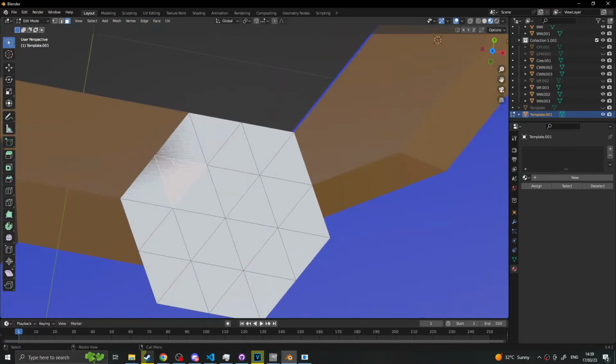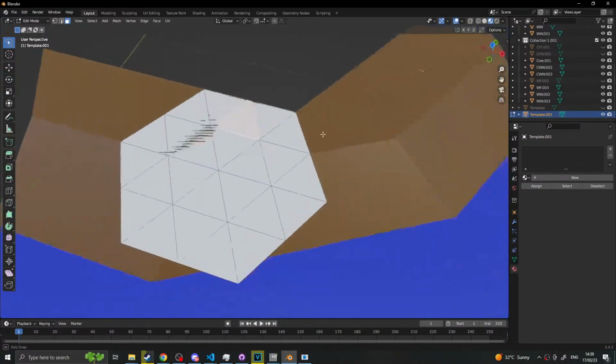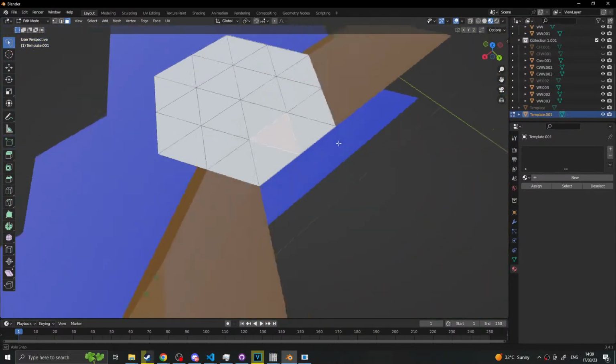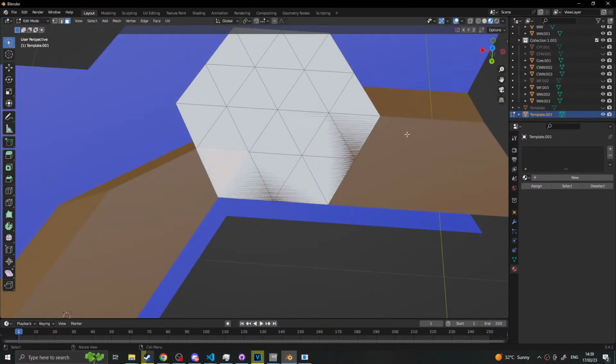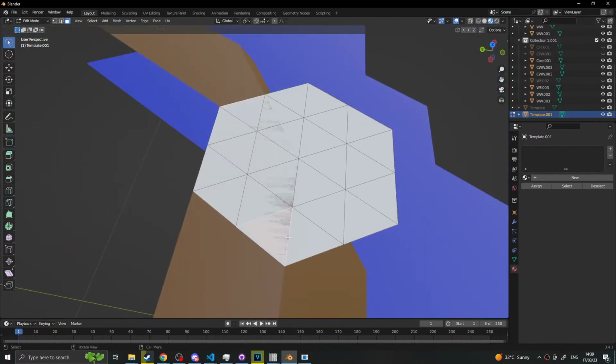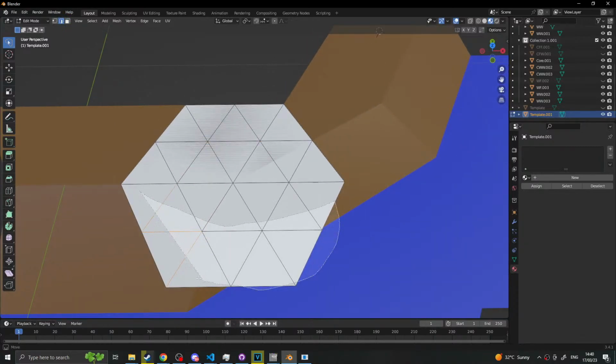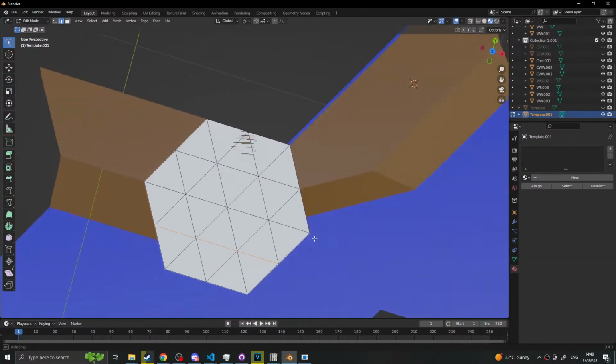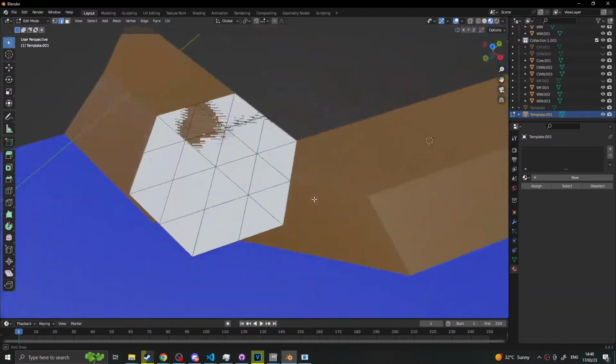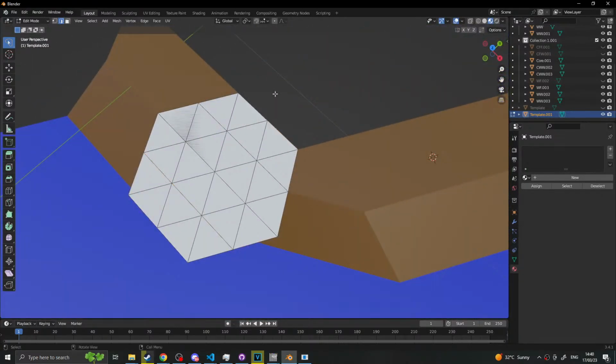And then you'd want the bank to be these ones here, which would mean that these ones would be the ones that slope downwards, and then these ones would be the ones that are in fact touching water. Like, so these ones,